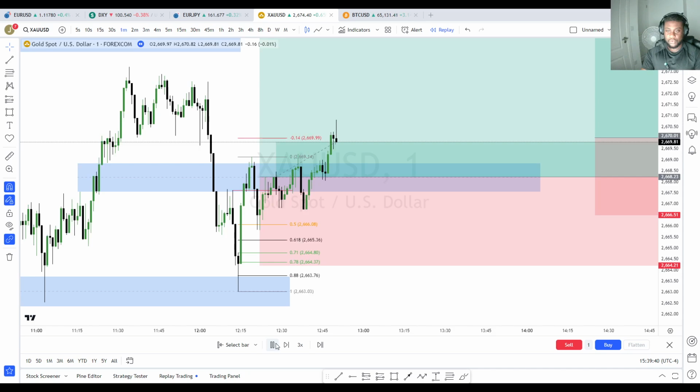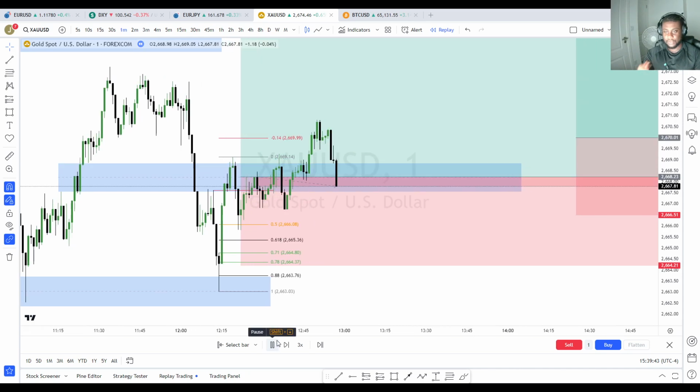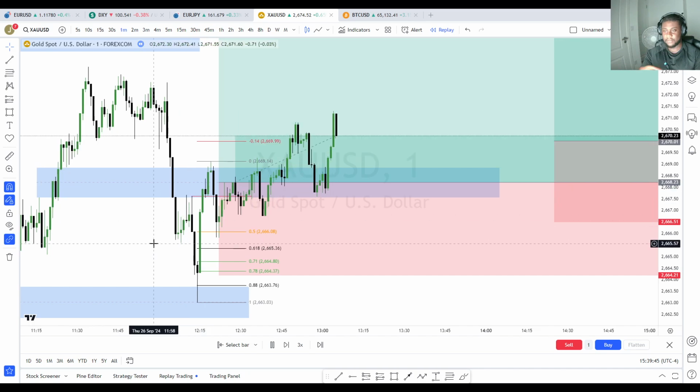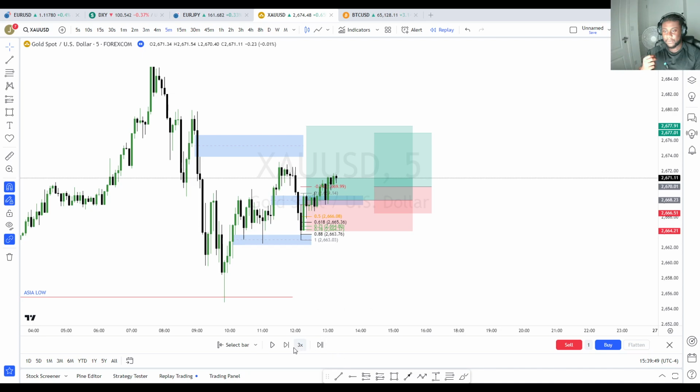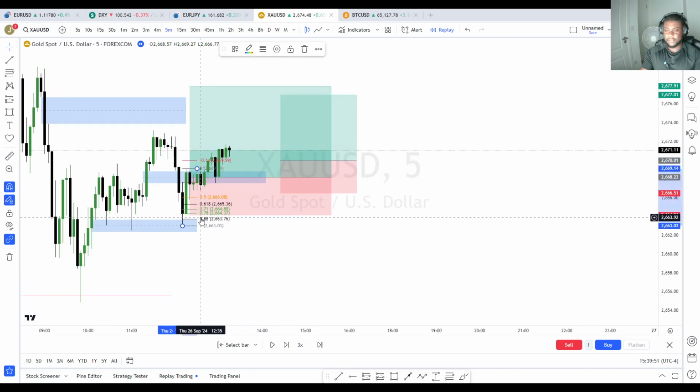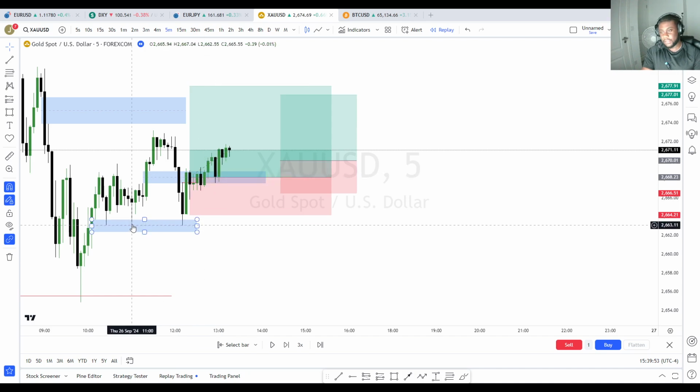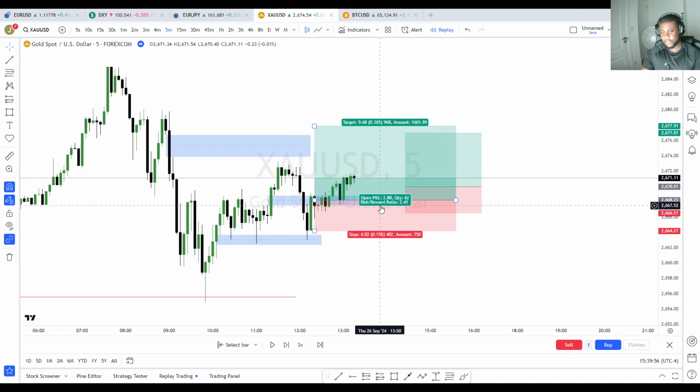We saw gold continue to accumulate, keep on pushing higher and higher. Now, there was an opportunity for a re-entry, as some people did get stopped out of the first entry due to spreads. The entry was a little bit down here, but you might have been stopped out due to spreads.